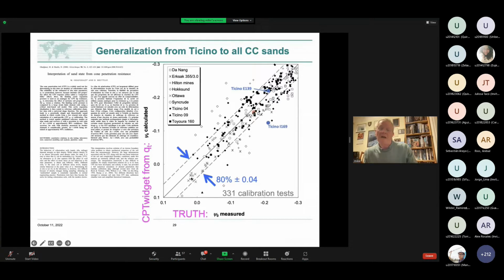So I very much like this procedure, and it gives us what are my coefficients to compute the state parameter. So this is how